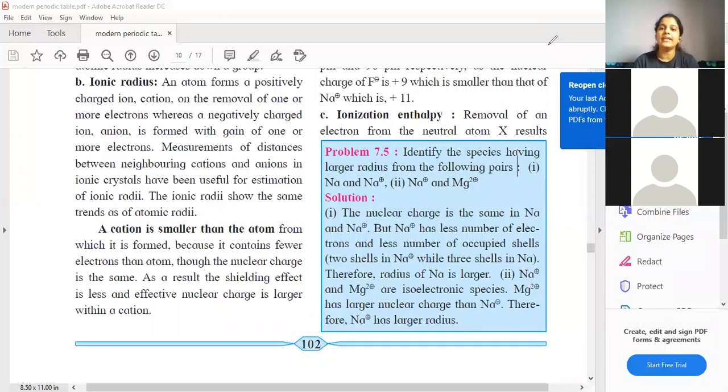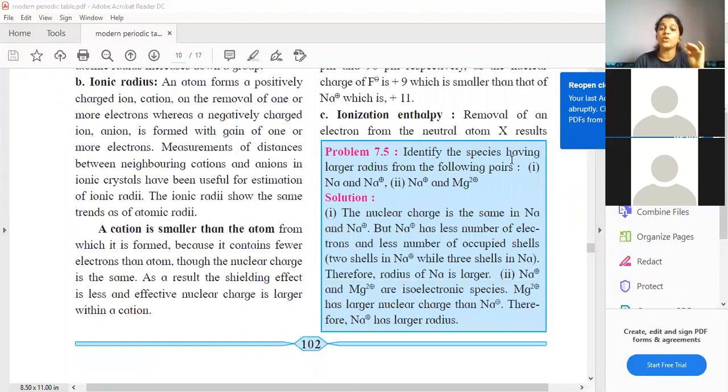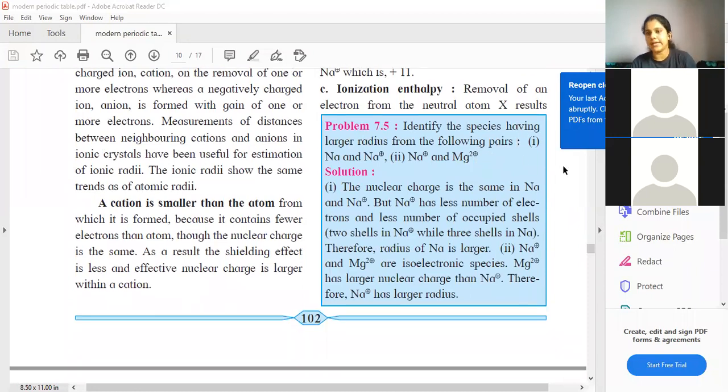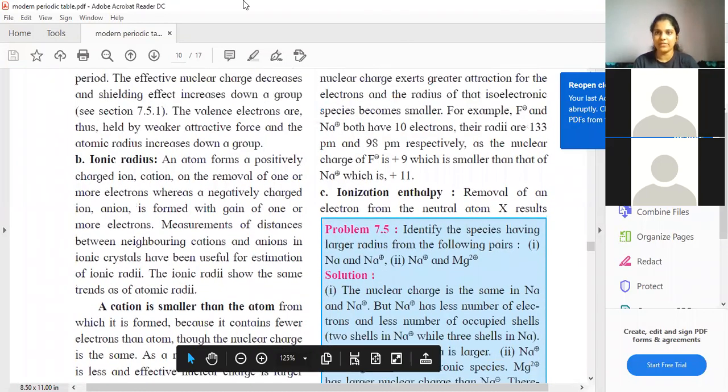Okay, fine. And if you all have any doubt, you can ask me next time, we can sort it out. But you all have to read these questions, because what if they ask you this question directly in the exam? This is a question answer type of question, right? Yes or no? So keep a habit of reading these problems and everything.